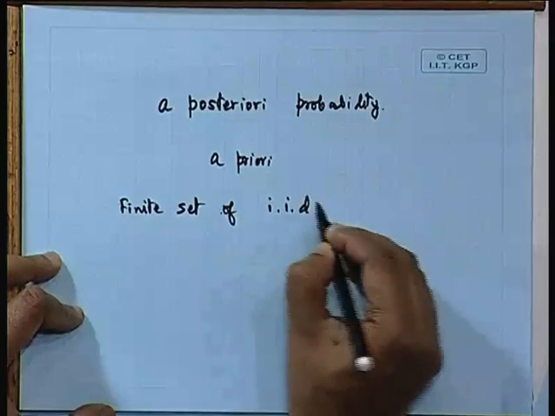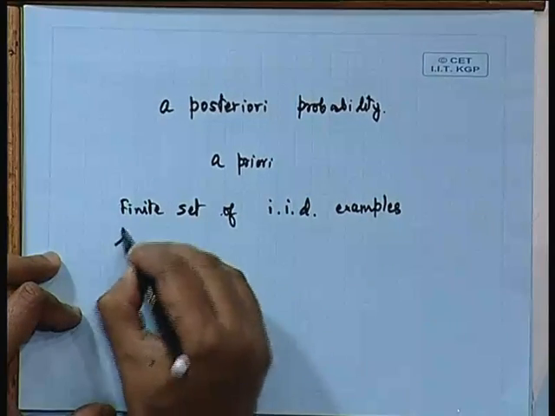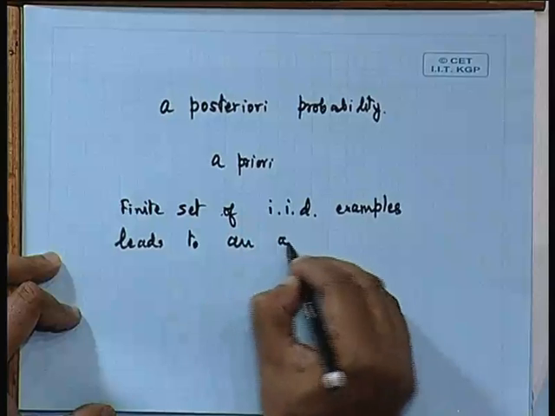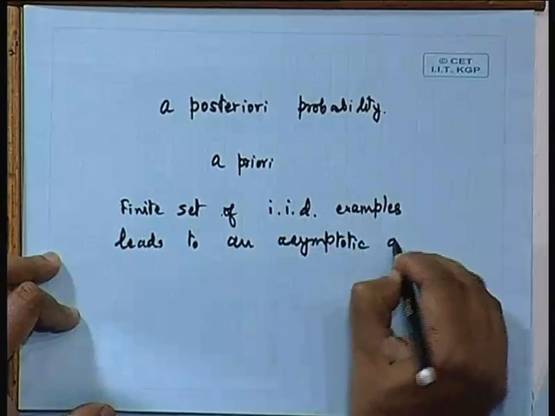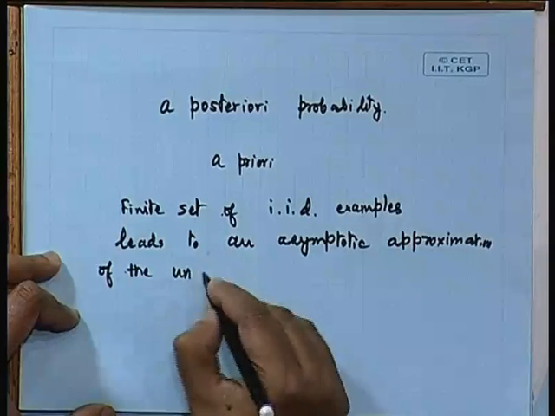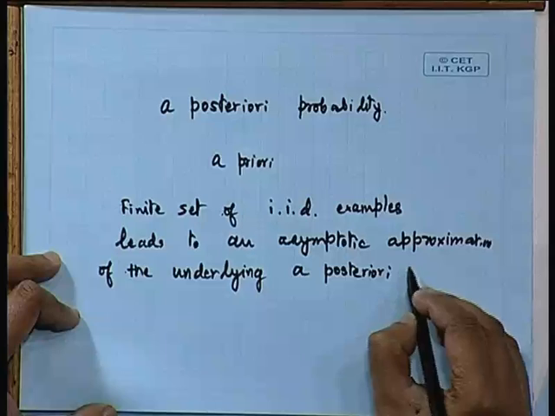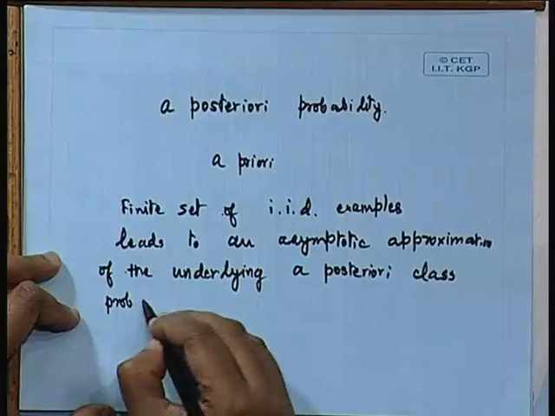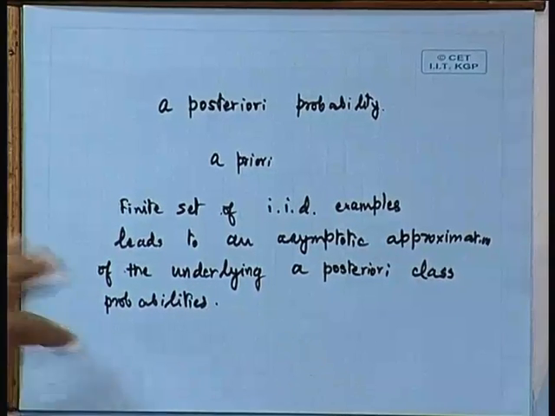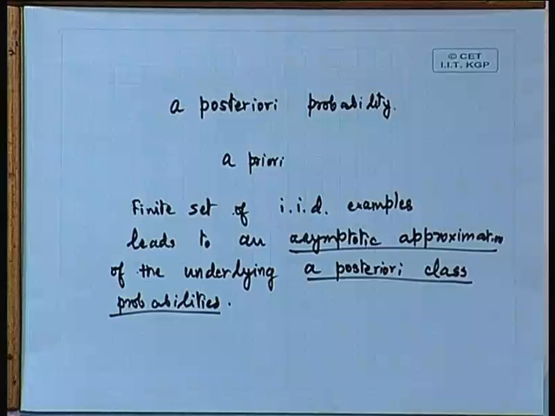So, if we have a finite set of independently, identically distributed inputs, that is, if we consider IID examples, this leads to an asymptotic approximation of the underlying a posteriori class probabilities. It definitely leads to this asymptotic approximation of a posteriori class probabilities, but it is going to happen